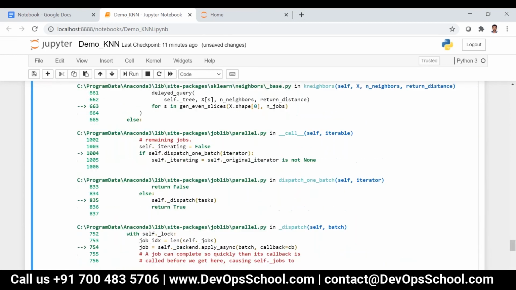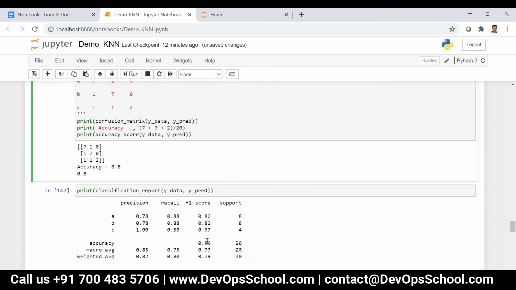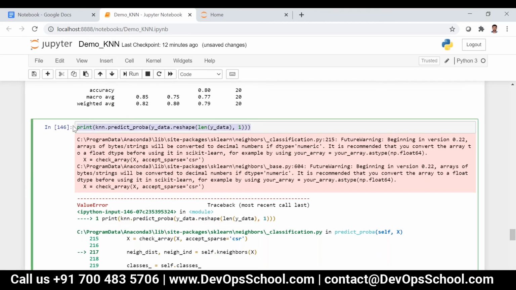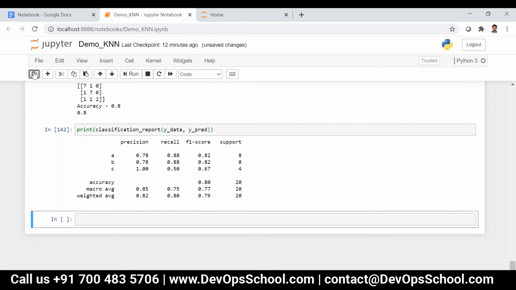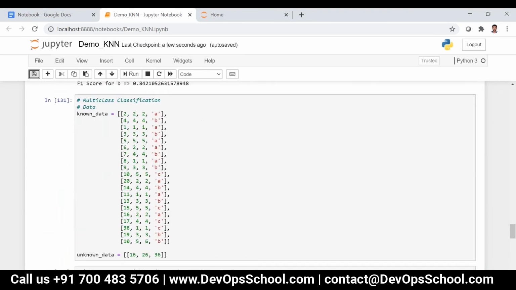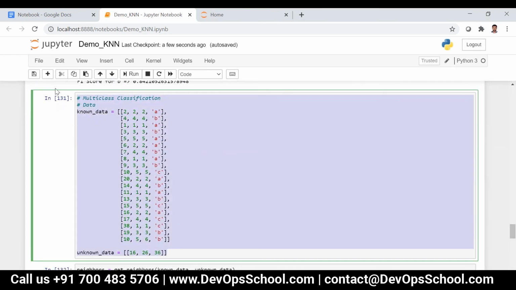I will take that as a next topic. That's better. The thing is, y data we didn't encode it basically, so that is the reason it is giving this particular error. I will take it up. So guys, let me copy it down and then please take it up. I will take that as a next topic itself. So I don't want to delay those. So please take it up.